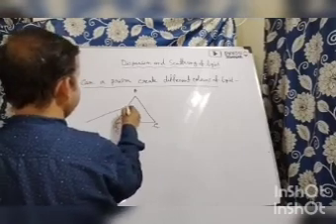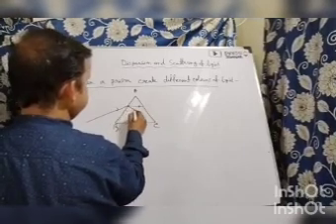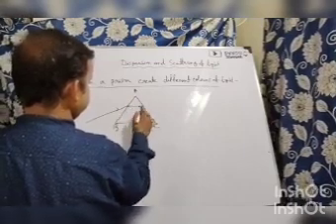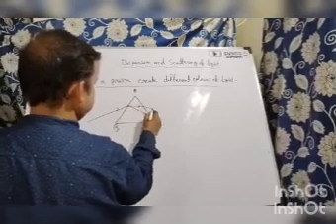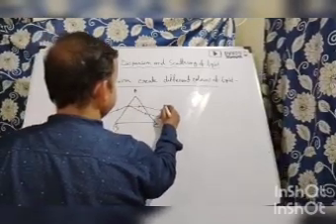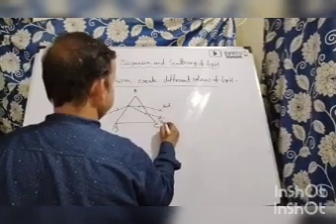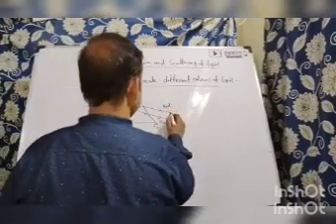A white color of light incident on it. So at the top it will be red, and at the bottom it will be violet. Okay, so here